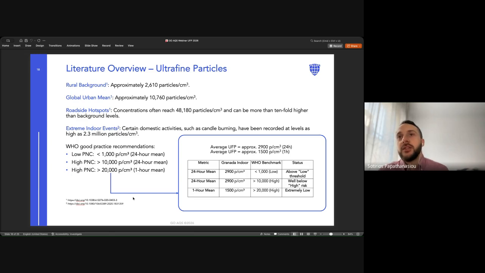The average value for 24 hours was 2,900 particles per cubic centimeter, which according to WHO is above the low threshold, and then it is well below high risk. And then the 1-hour mean for a specific period that I decided to go with was extremely low, right? So there is a mixed communication here, which I think creates a problem on how we can communicate. It is better if we have a range rather than a threshold tier